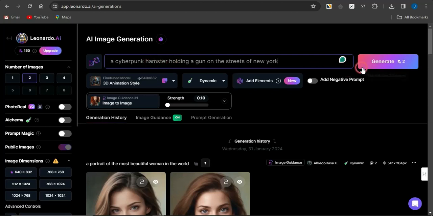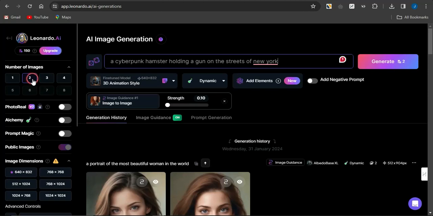But before you click on generate, guys, you need to take note of the number of tokens that will be used to generate this. As you can see, it's going to use 2 tokens. You can see here that I have about 450 tokens to utilize every single day. And guys, these tokens are going to refresh every single day, no matter how I use them. But it's going to be just 150 tokens per day because I'm utilizing a free account. You can see that this is also based on the number of images that will be generated from that single prompt.